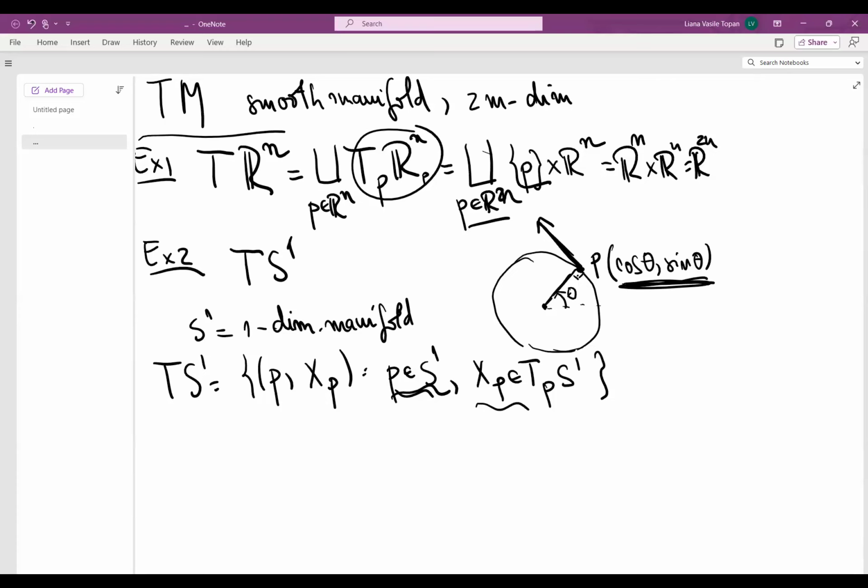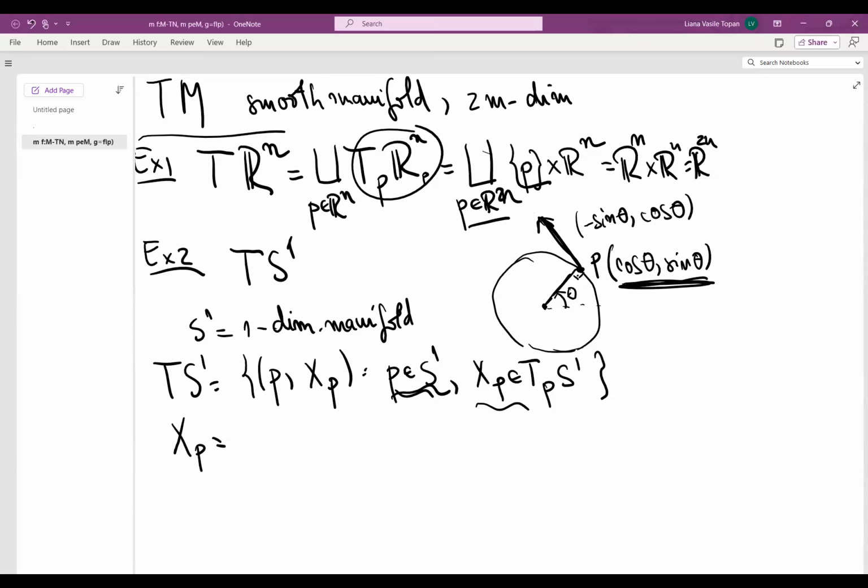So if we take this tangent vector with length 1, the direction of this vector is given by minus sine of theta and cosine of theta. Take, for instance, derivatives of those components to give the direction, and then a tangent vector will have this direction. It doesn't necessarily have length 1, right?